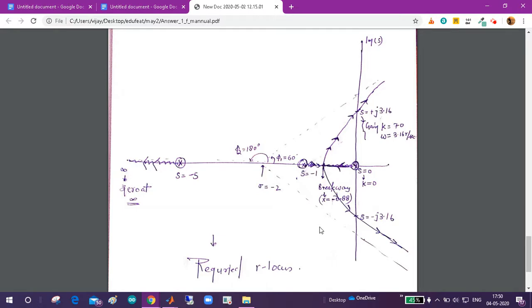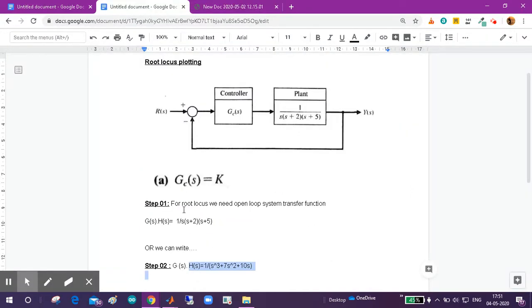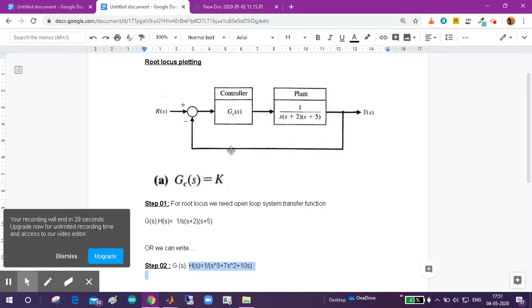In the next lecture we will see how to plot for different types of controllers. In this system we have taken a proportional controller. In the next lecture we will see PI controllers and PID controllers, and in the subsequent lecture we will see how to get desired damping ratios for root locus design. Let's suppose you have to design a particular controller which can make the step response of this plant close to a 4-second settling time and 20% overshoot. These are the types of criteria which we can meet, which make the system robust, for robotic applications or any kind of control system application.